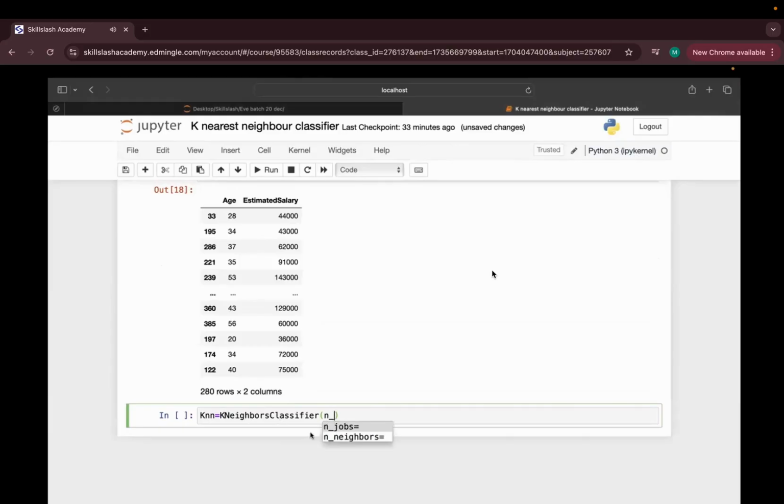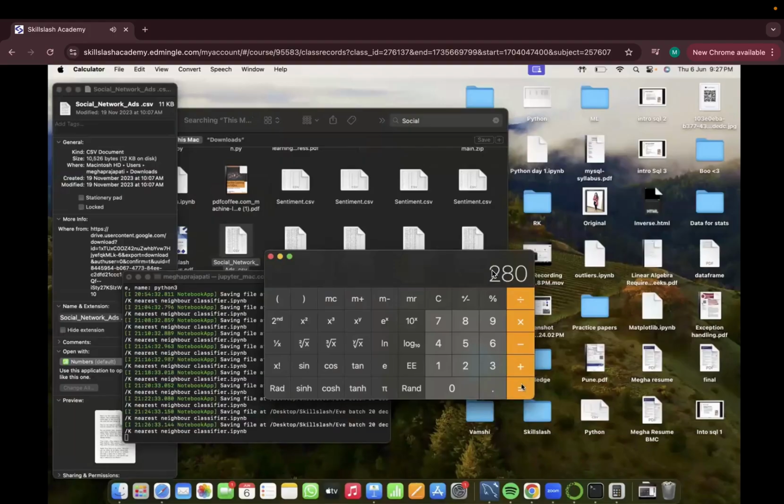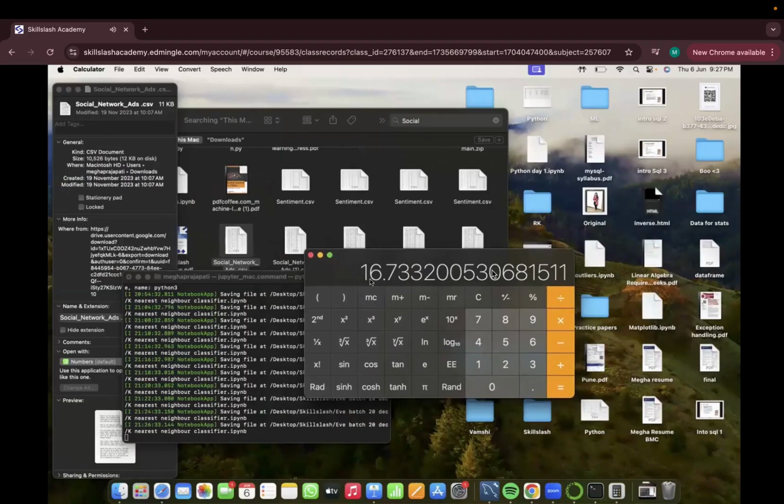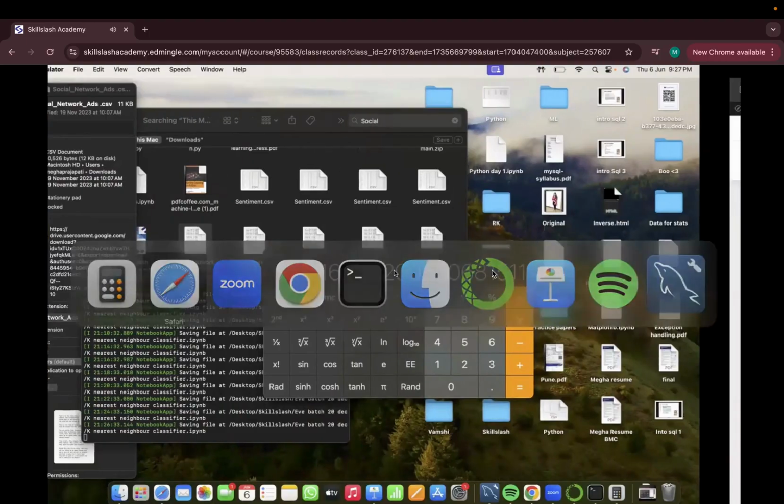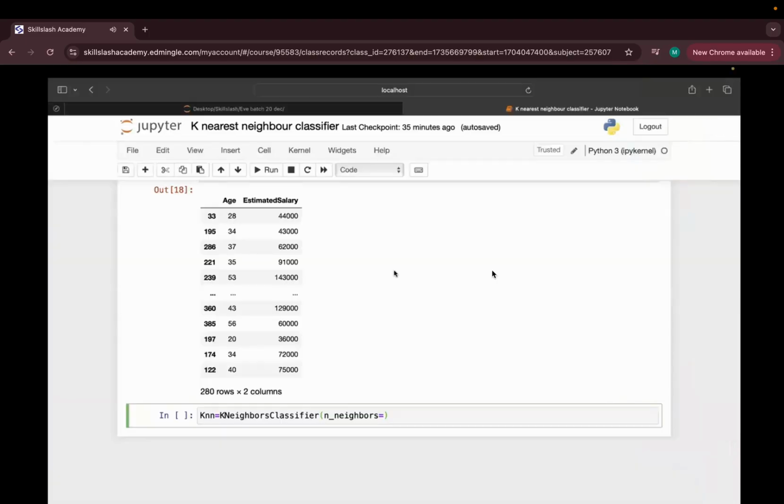Okay. Now in n_neighbors, we have to mention the value of K. So we have to decide whatever the value of K is going to be in that case. Over 280 because the size of my training data set is 16.73. Now .73 will help us to round it off in the positive direction, which will take us to the 17 inside the model.